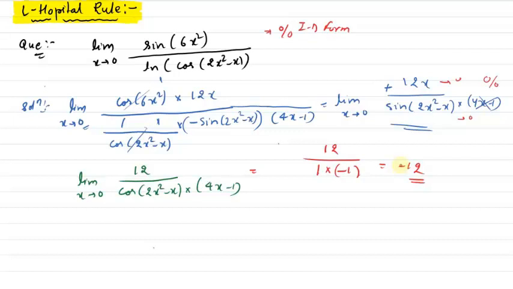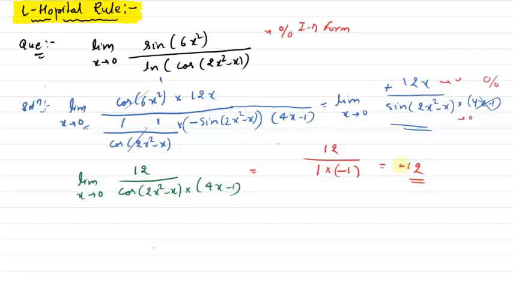Okay, so that's it for the LH rule. Whenever you see 0 by 0 form or infinite by infinite form questions, mostly these types of questions will be asked in BITSAT or Mains. But don't apply the LH rule in your boards. The LH rule is not there in your NCERT, so you can't apply it in your boards. This is a short trick that we use for evaluating 0 by 0 and infinite by infinite limits in very quick time. If you use expansion or standard formulas or any other method, it will be more and more time consuming. So the LH rule saves your precious time during exams.